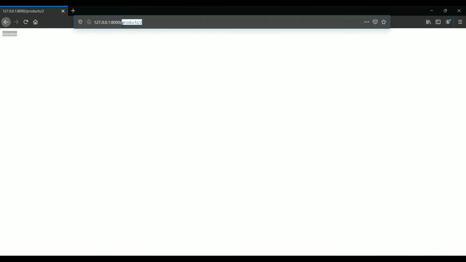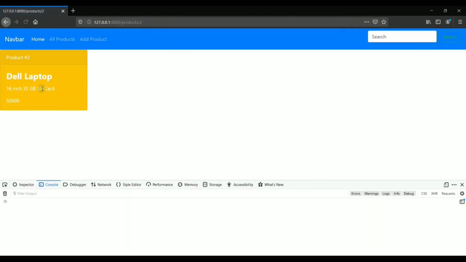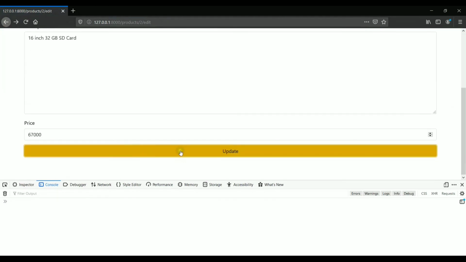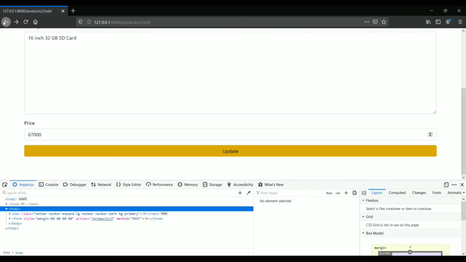And if I show you the developer mode, let's open the developer mode here. I'll show you what is actually getting passed. So if I go to this and I refresh this page, let's go to here, and again we will just click on update. And if you see the code,